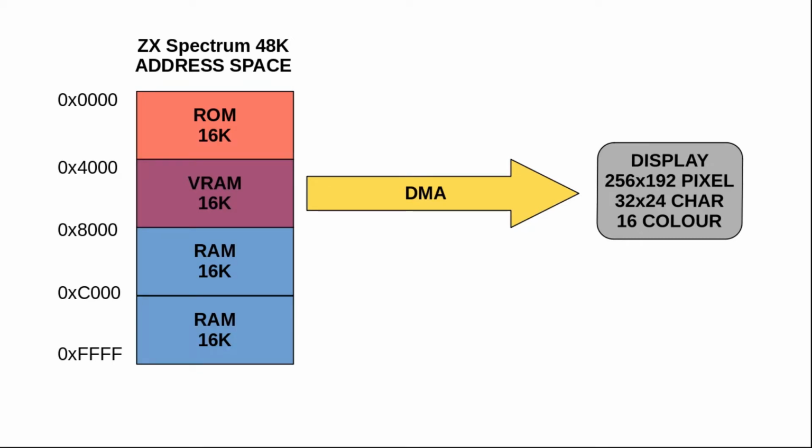So the 48K Spectrum actually uses the full 64K memory space available to the Z80 CPU, and it doesn't need to do any bank switching because of that, so everything can be addressed directly from the CPU. But if I go to the next slide,